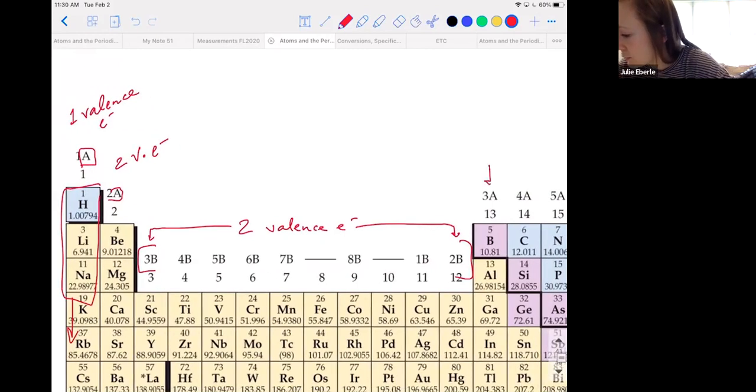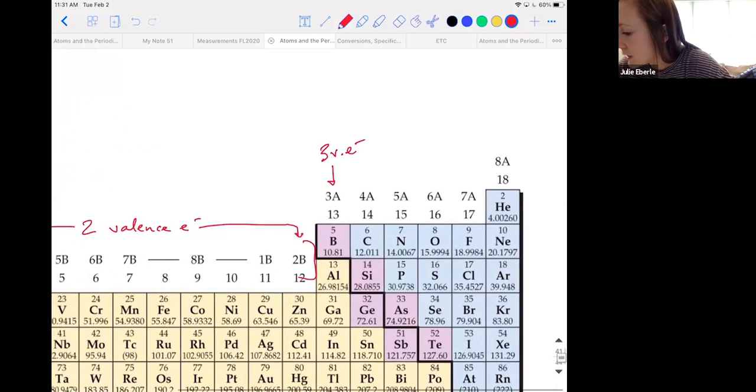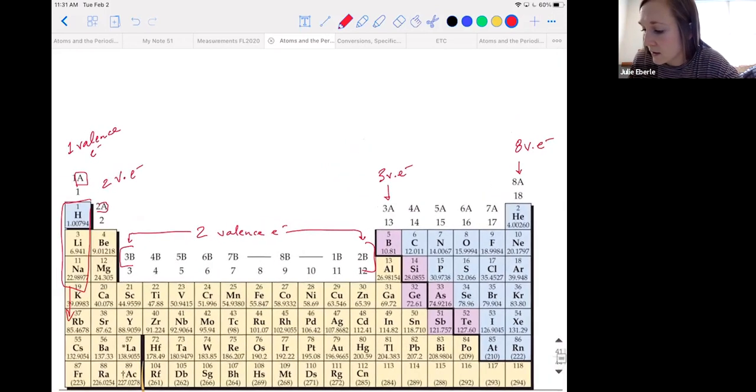So we're going to come over here to main group 3. These have 3 valence electrons, so on and so forth, till you get over here to 8, and then it suddenly stops. This is the max. We have 8 valence electrons with the noble gases. And there's a reason that it stops. There's a reason that's the max. We'll talk about that as well.